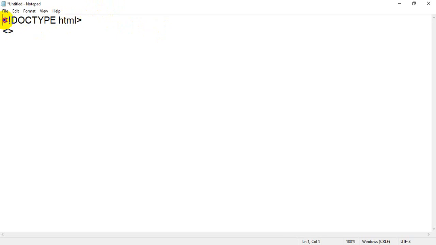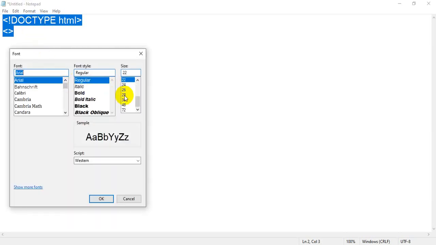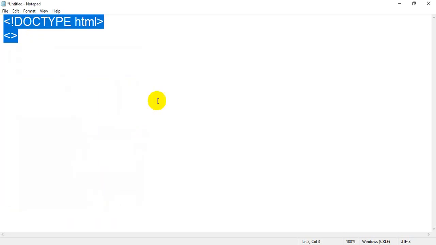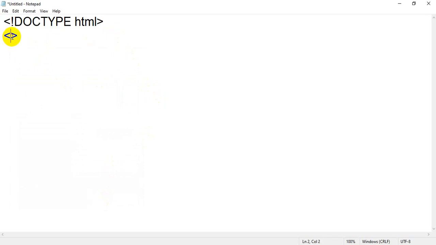Let me increase the font size so you will get a clear picture of the coding. Font, then I just want to increase to 28, not too small or not too large. Okay, after that I will start html and end with html. This is my style to write code. You can write at any time, but if you write the opening and closing tag at the same time, you will not forget to close. This is the good and easy way to write HTML coding. Opening tag and closing tag you have to write at the same time.